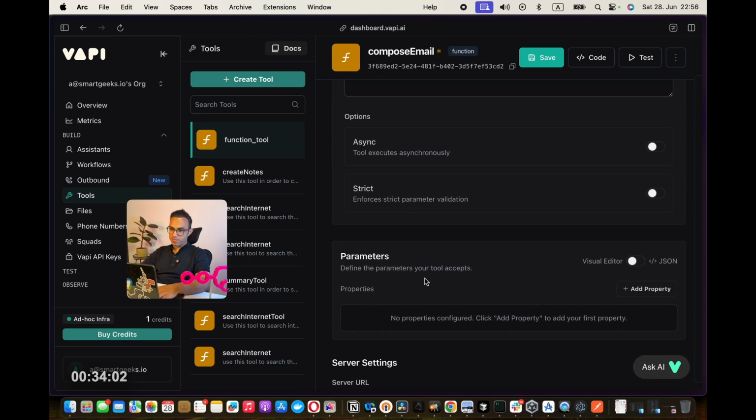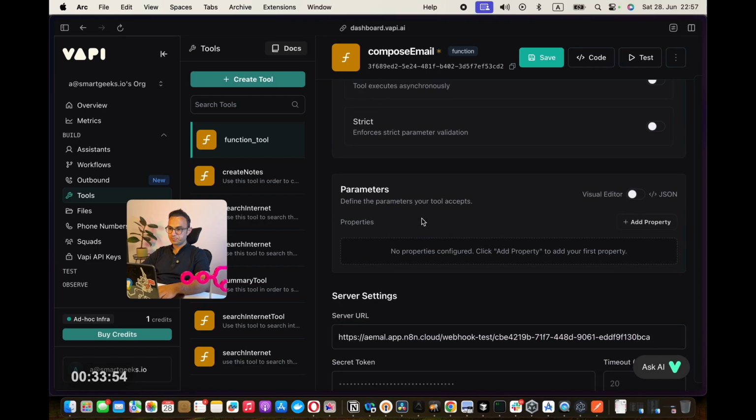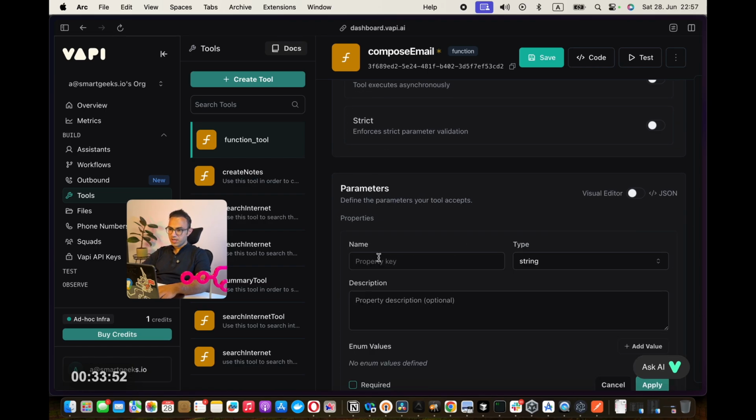You can send parameters when you're sending an API request to n8n. What's a parameter? A parameter is something like a subject, for example. And then again, this is an instruction. This UX is very bad. Description and also optional. That's not a good idea.